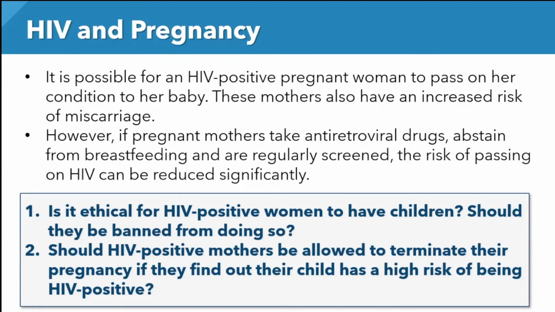And secondly, should HIV positive mothers be allowed to terminate their pregnancy if they find out that their child has a high risk of being HIV positive? We've asked a similar question in previous sessions when we looked at various inherited conditions, or things like autism. If autism is found out during pregnancy, is it ethical for a mother to terminate that pregnancy just because the child will have autism? And it is a debate